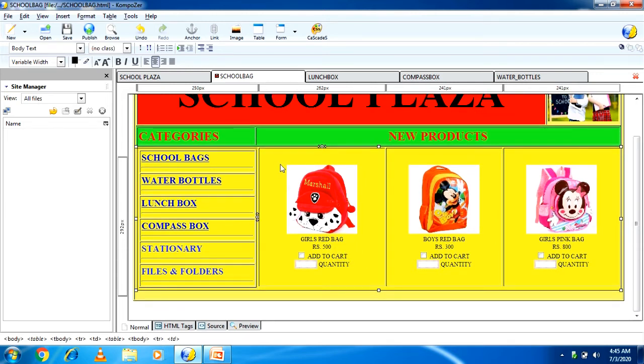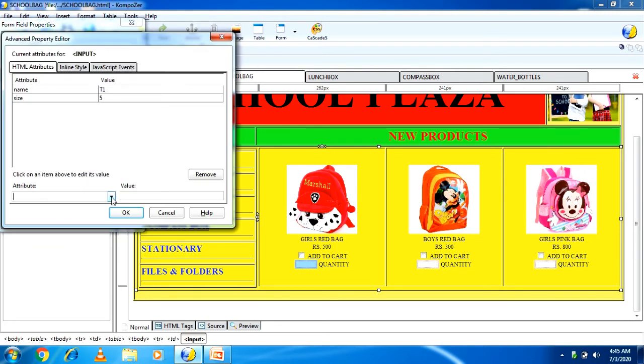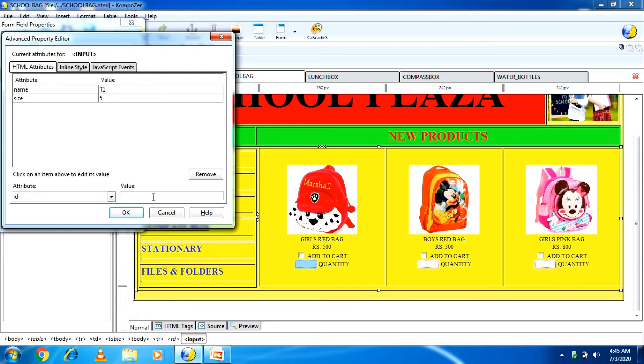Okay, now what is the first step? So how to add ID, student? This is your text box, double click on it and go to the advanced edit option, and in this attribute set ID is equal to T1, in small letter. Okay, and student, keep this name in your mind because this will repeat again and again, because this is the value of text box T1.